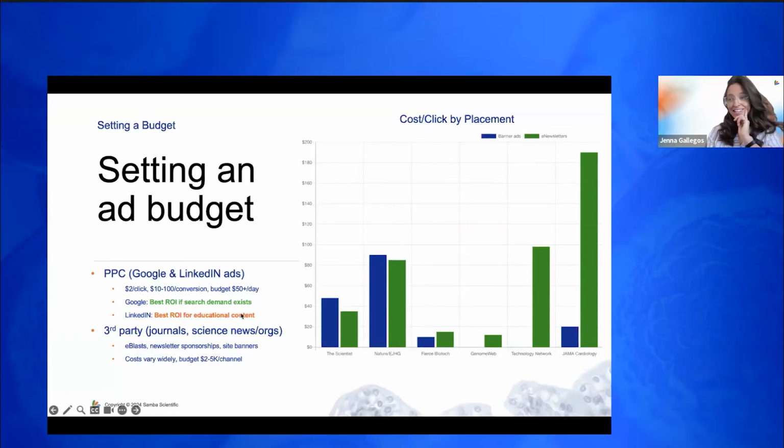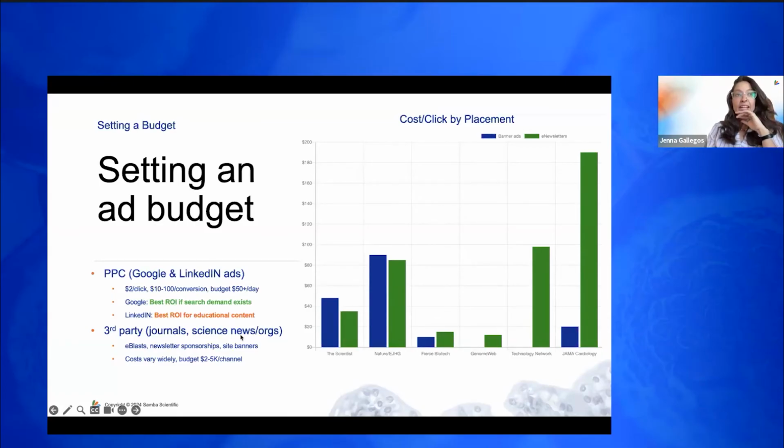If the search demand does not exist, so for instance, you're offering something so new that people aren't actually looking for it, or maybe they're typically insourcing this and might not be thinking about looking for an external partner, then in that case, we might move to LinkedIn. LinkedIn ads really only work well for promoting educational content. They're not great for sales because people don't go to LinkedIn to shop. They go to LinkedIn to connect with their peers and to learn. And so things like promoting ebooks or white papers or webinars can do really, really well on LinkedIn.